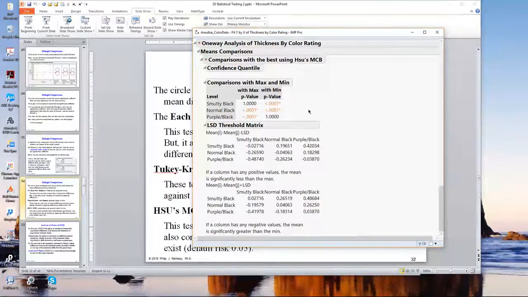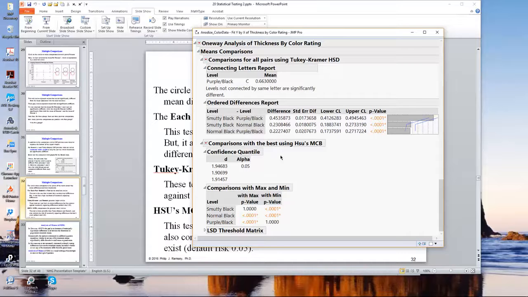And at the bottom of the report window, you're given, by the way, ignore this thing called LSD threshold matrix. It's really confusing. And simply take a look at the p-values where the groups are being compared, and what we see is smutty black is significantly higher, purple black is significantly thinner. Now, I don't have a control, so I'm not going to bother with Dunnett's test for this example. And I'm going to go back to my home window,